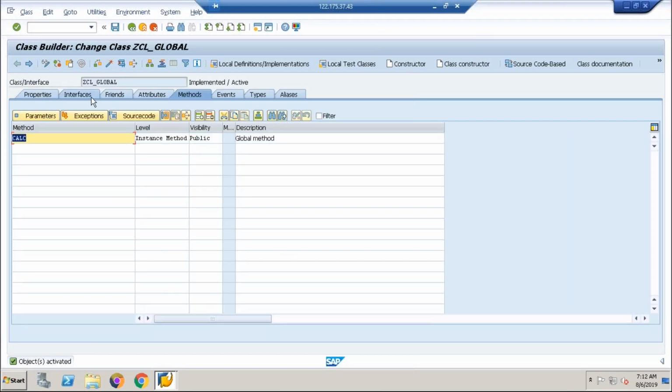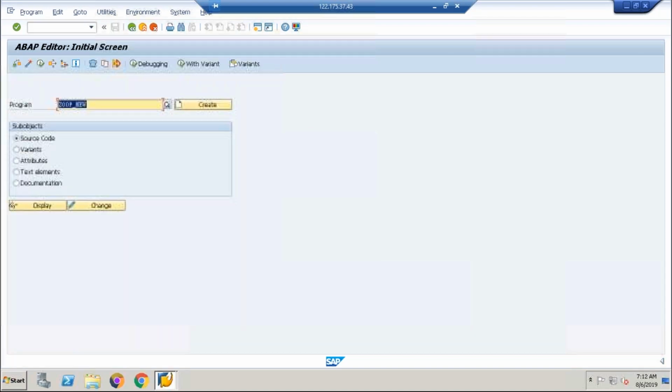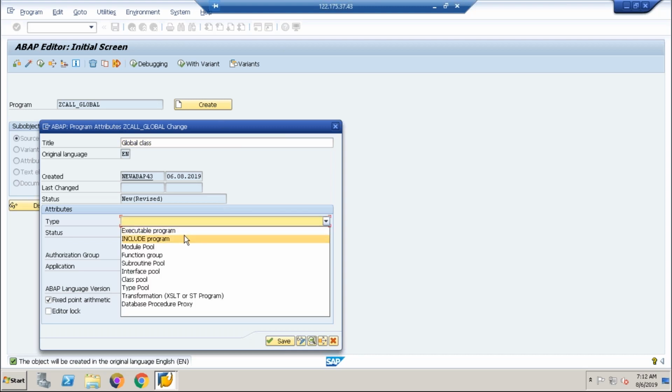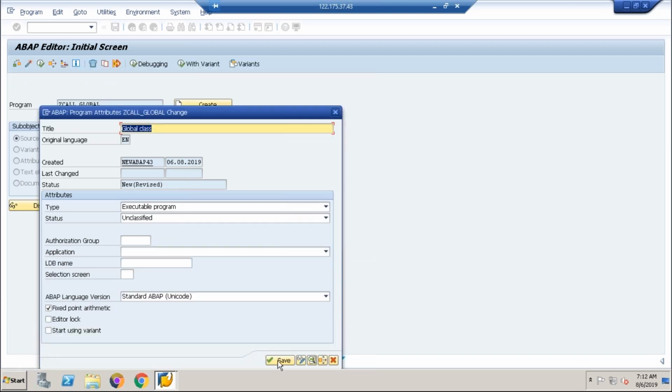Now we need to consume this class in SE38, or somewhere else where we want to consume this class or method. Go to SE38. Provide some program name. Select create button. Provide some title and type. OK button.